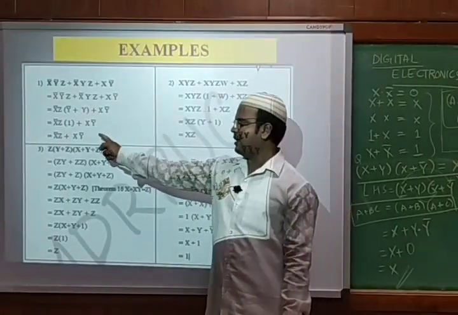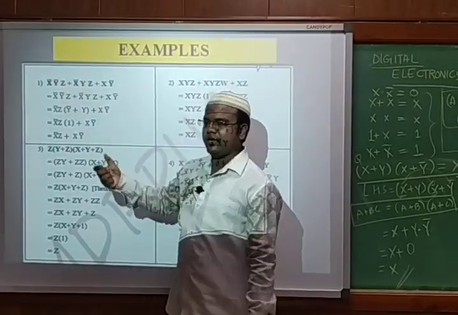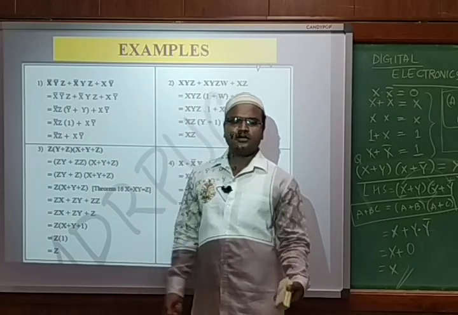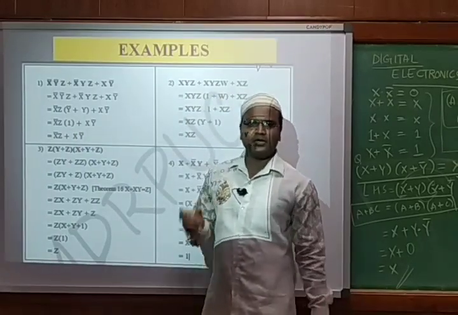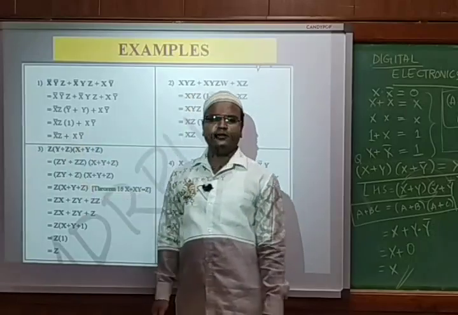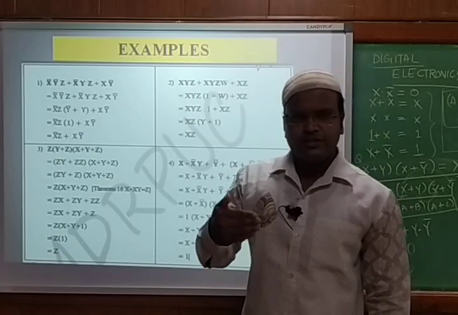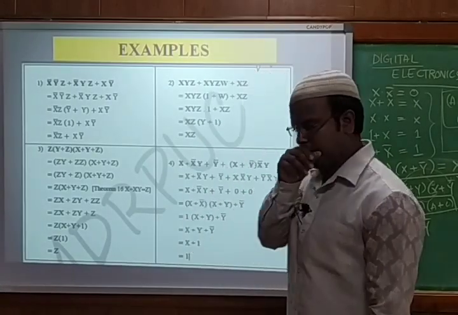So that's the reason, this whole expression, how many terms do we have? You can see 1, 2, 3. Three terms are modified into 2 terms. What are the literals? Literals are nothing but the variables. So here 3 variables are there, that will be modified into 2 variables. Hence we can conclude that function